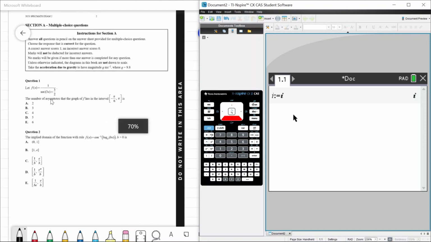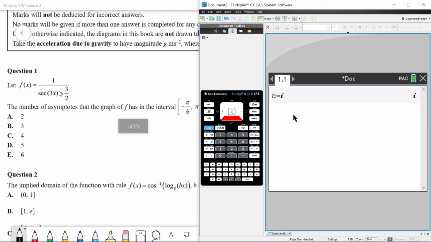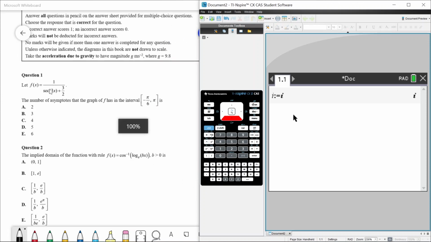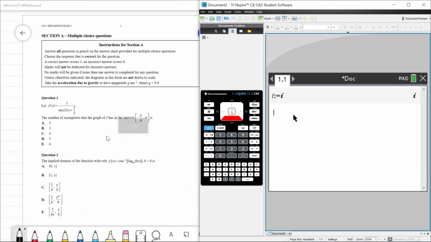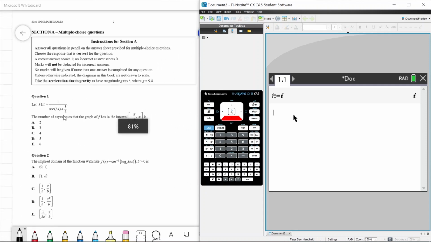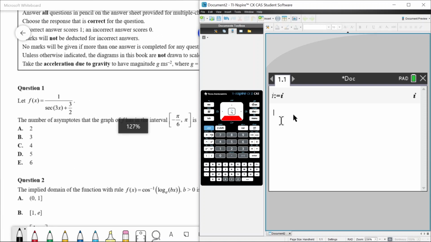We're trying to find the number of asymptotes that the graph f, which is this reciprocal of a sec graph, has on this interval. Now, this function won't have any horizontal asymptotes because our sec graph is always periodic. It's going up and down, so it's not going to decay out to something. So no horizontal asymptotes. It's only going to have vertical asymptotes, which are going to happen when the denominator is